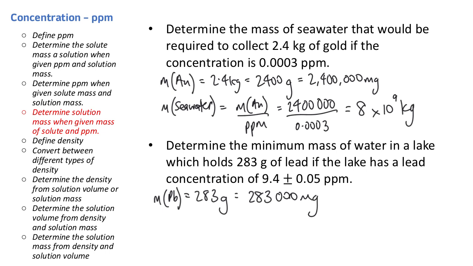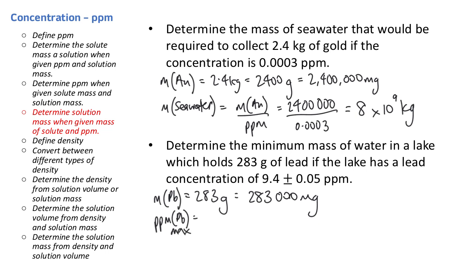So that's the mass of the individual solute rather than the solution, the mixture. So to get the minimum mass of water, we are going to assume the maximum concentration. The maximum concentration would lead to the lowest amount of water that you would need to have that concentration. So if we are going with 9.4 plus or minus 0.05 parts per million, the parts per million of the lead